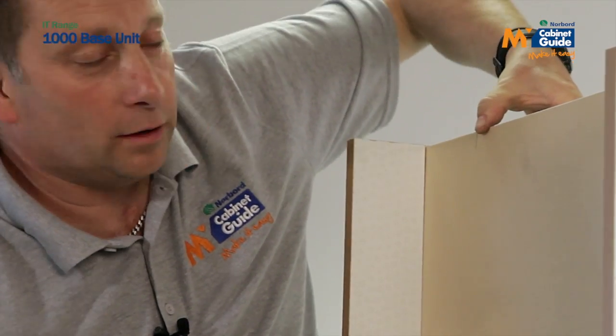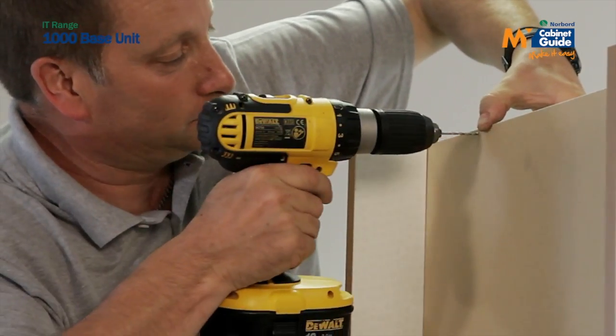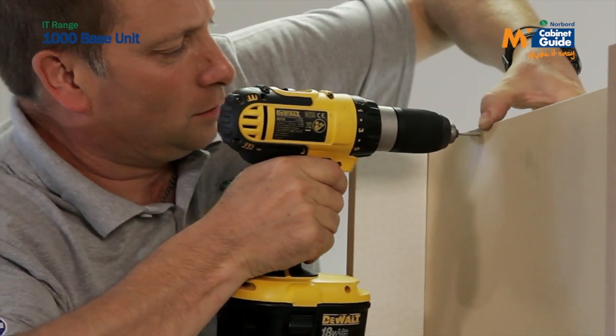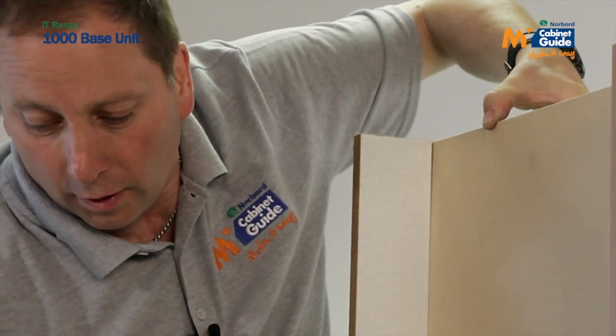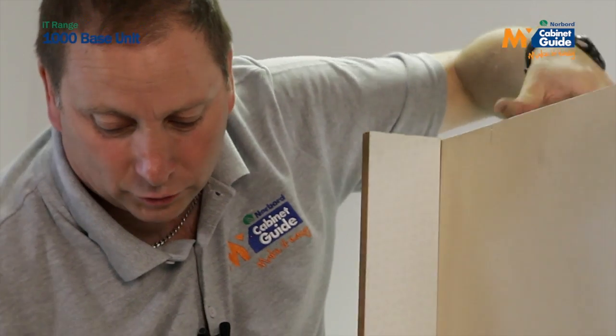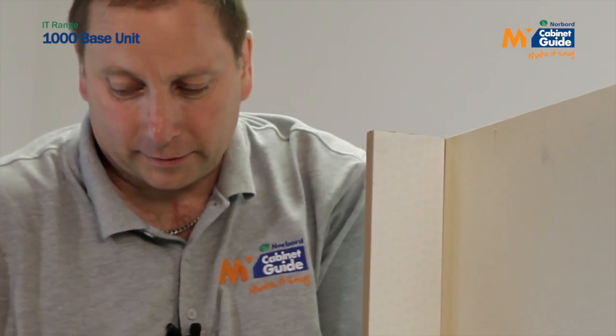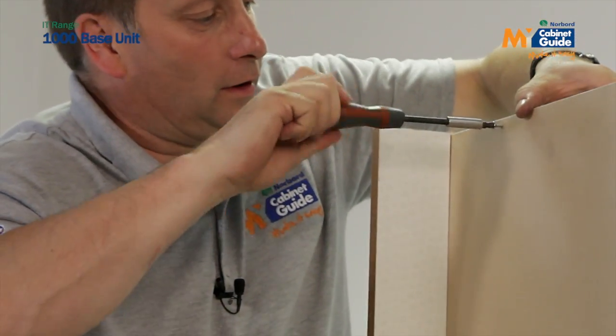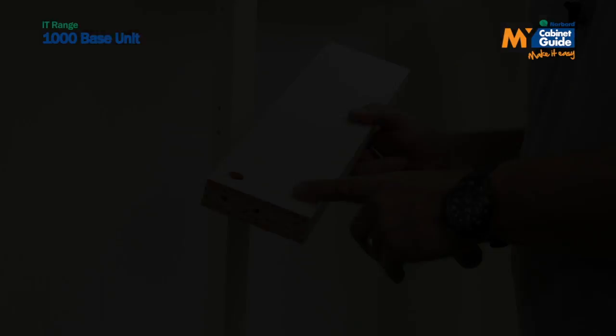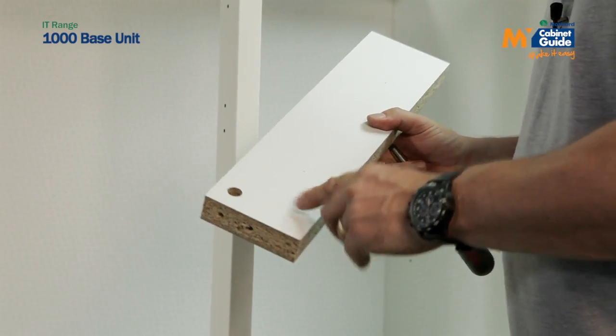Then taking my cordless drill, drill a hole, and then using 15mm screws you have in your fixing pack, fix the back panel. So I'm going to put my drawer rail in now,